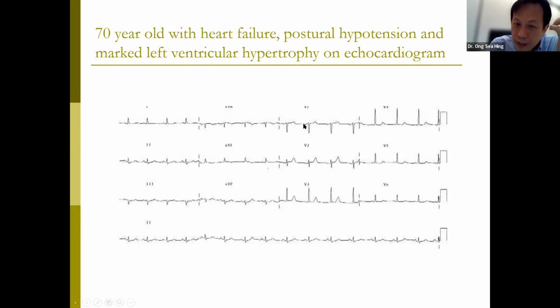If you have on top of that evidence of left atrial enlargement, that means an inverted P wave in V1 that is more than 1 millimeter in depth and 1 millimeter in width,